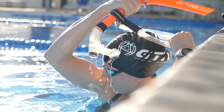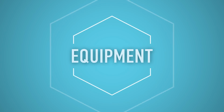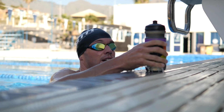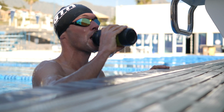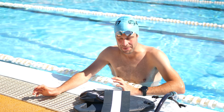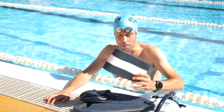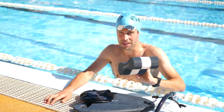Now you may also be wondering what all this kit is that people turn up to a swimming pool with. To be clear, you don't need any of it. You can just simply turn up as yourself, maybe with a bottle if you want, just to keep yourself hydrated, and that's it. But in case you're wondering, we've got items like a pool buoy, which you may see people turning up with. That's spelled